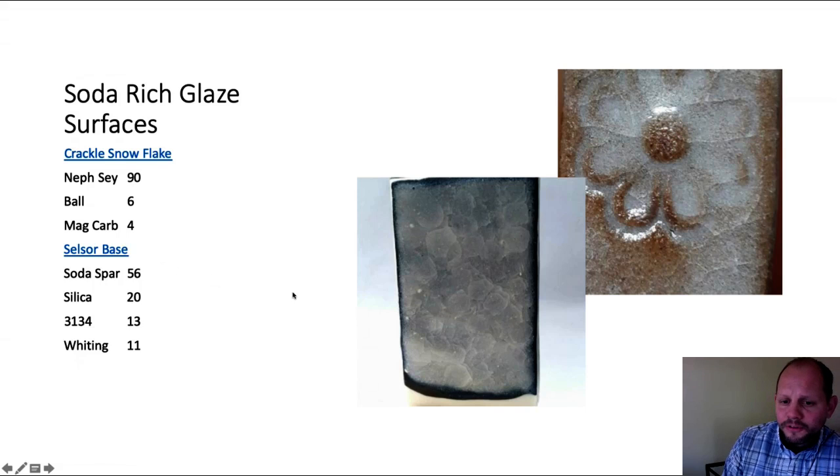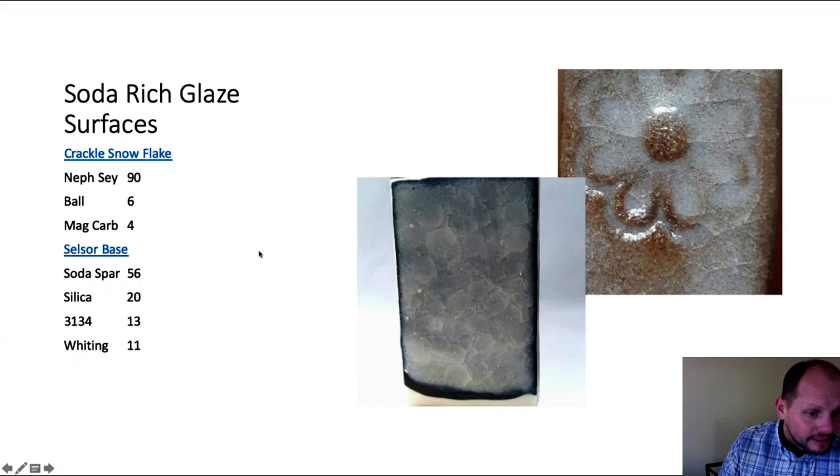That also forms cracks and creates a crystalline structure as it cools, which gives it its opacity. The ball clay is there just to give it a little bit of stability, probably holds it up on the vertical surface of the pot. Considering it has a lot of nepheline syenite in it, 90% at, I think, cone 6, it could just run off the pot. So you're going to need something to help keep it up on